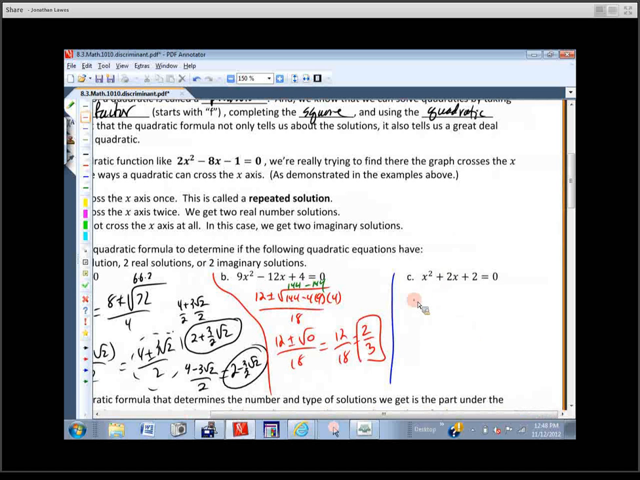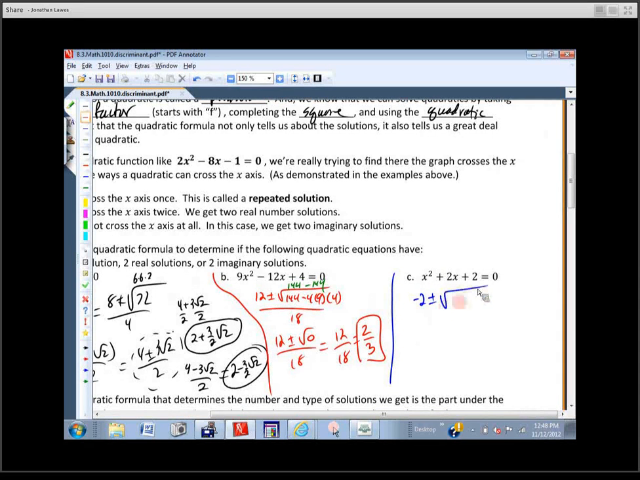Opposite of b, plus or minus the square root of b squared, so that's going to be 4 squared, minus 4 times a times c. So a is 1, c is 2, all over 2. And again, I'm careful right here, 4 plus or minus, minus how much? 8. So here's what I've got: negative 2 plus or minus the square root of negative 4, over 2. Well, let's see, I can simplify that. That's going to be negative 2 plus or minus